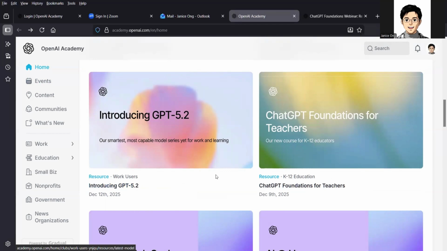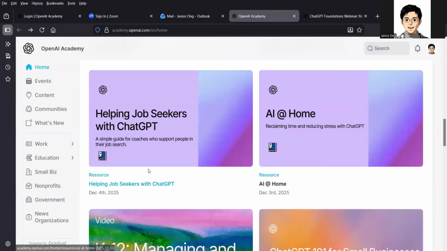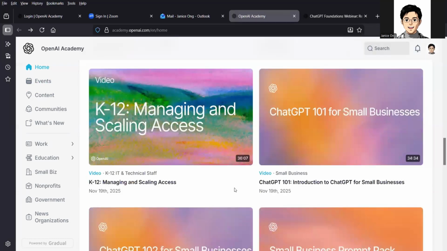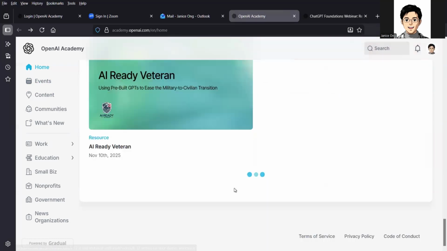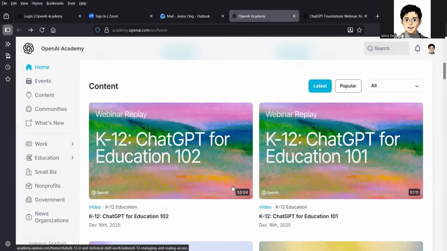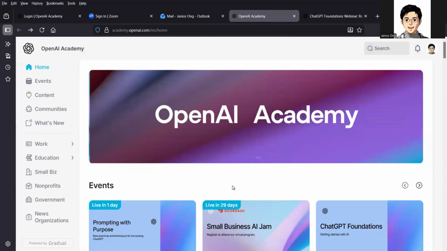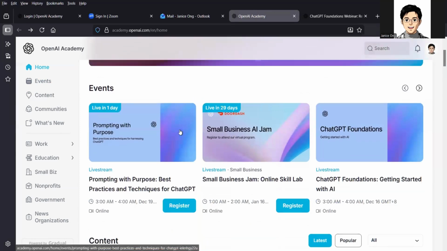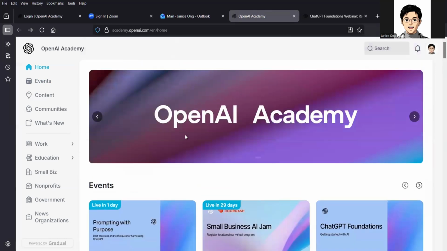This is a new one. And ChatGPT Foundations for Teachers. Helping job seekers with ChatGPT, AI at home and all that. So all these are completely free. You can actually learn at your own pace. And some of them you just register and attend online.